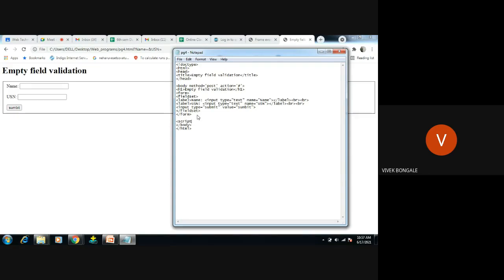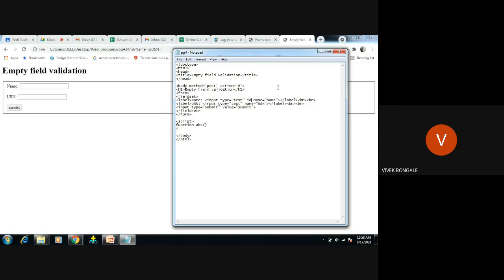So script, and I will use function. Right, function, sorry, we have to give the function name. Function followed with function name. Here we have to give the ID.